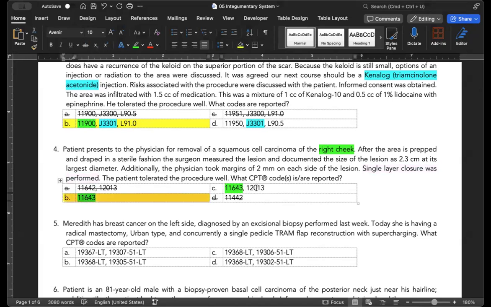And then he took an extra 2 millimeters on each side. And so that's like 0.4. Then you add that to the 0.23 is 2.7. Yep. Okay. So you have to take your lesion size plus your margins. So since they took an additional 2 millimeters on each side, then it would be 0.4 because